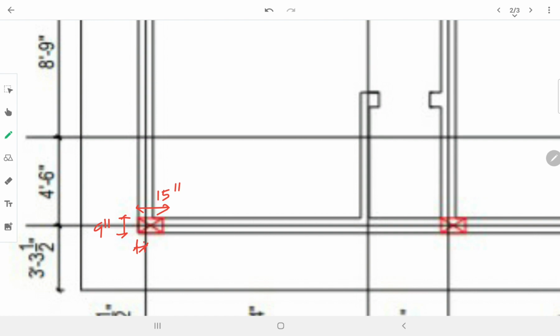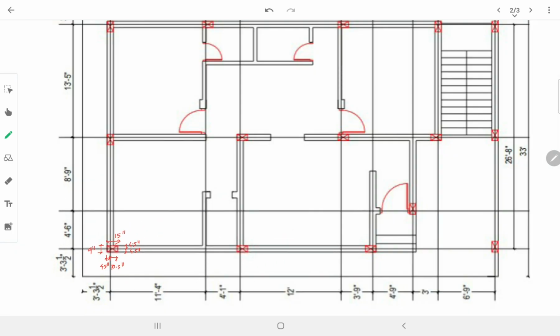The center line we have drawn is exactly at the center of the wall, so this is 4.5 inch and this is 10.5 inch. Like that we will be dividing the center line, whereas in this direction it is 4.5 inch and this also 4.5 inch.